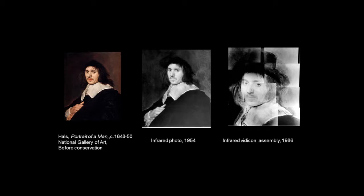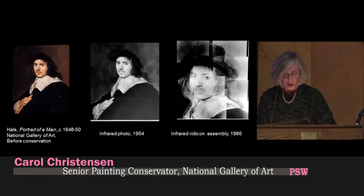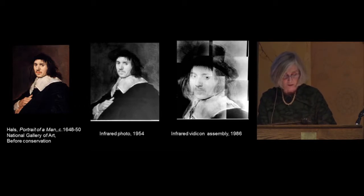A Franz Hals portrait is seen on the left before conservation. In the middle is a 1954 black and white infrared photo that revealed a black hat in the underpaint, although not very clearly. Infrared imaging was greatly advanced during the 1960s by the Dutch physicist Van Asperen de Boer. An image made using his system appears on the right. Aware that longer wavelength infrared radiation would be more effective at penetrating blue and green paint films, he adapted an industrial infrared camera, basically a TV camera with an infrared sensitive Vidicon tube, for the study of paintings. This equipment was able to convert infrared radiation into electrical signals that could be read as a live image on